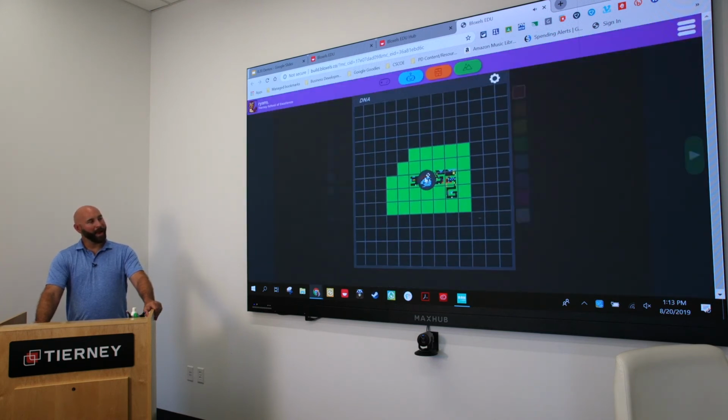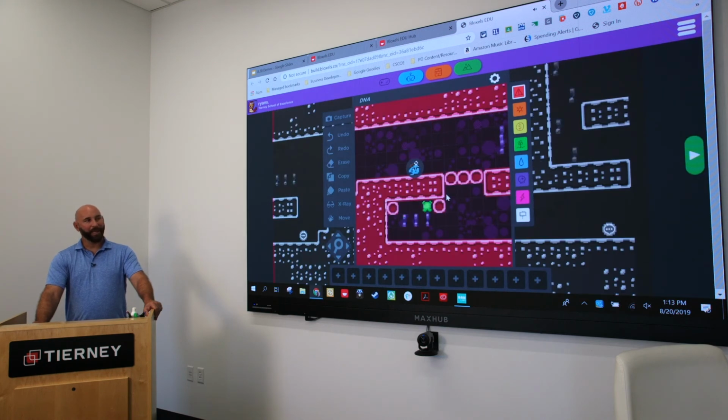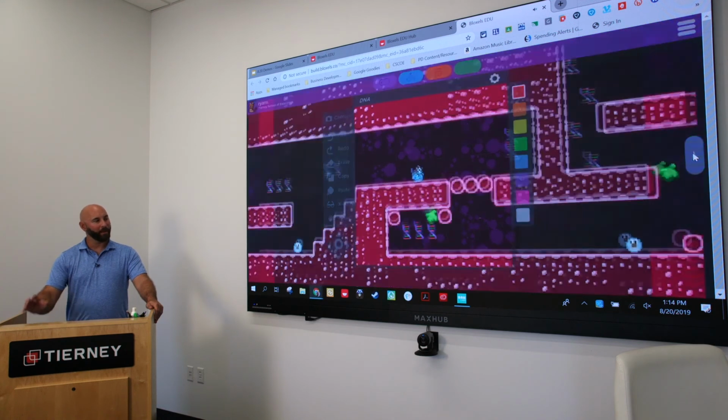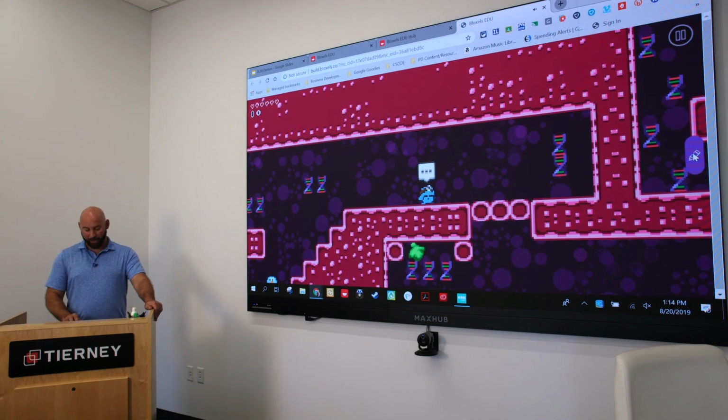Once I select my avatar, it will actually take me into the game I've created, and if I'd like to play it, I can press this play button, or from here, I can edit it. So not only can I use the blocks, the physical hardware that comes with the Bloxels EDU solution, I can also digitally modify my game. So this is really nice for students that go home and want to continue to work on their games. You don't have to supply them the blocks to do that. So to go ahead and play, I'm going to press play,